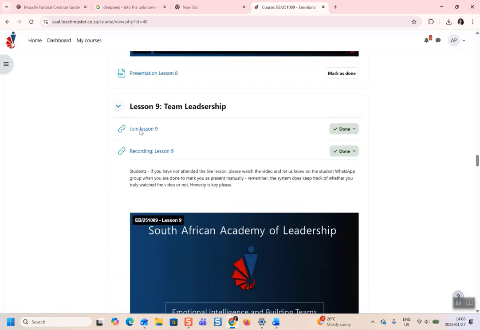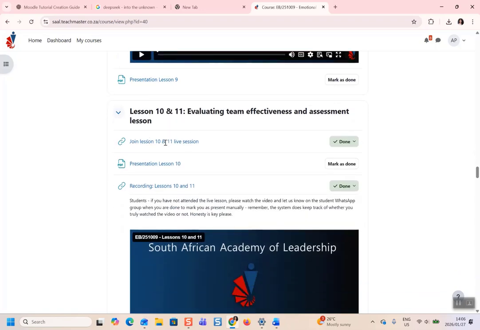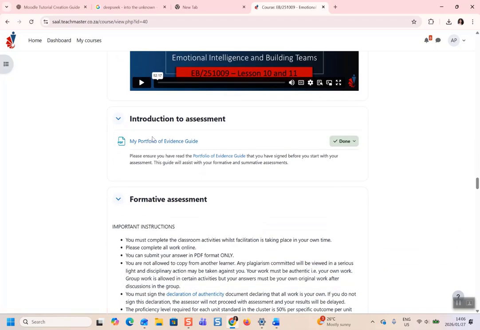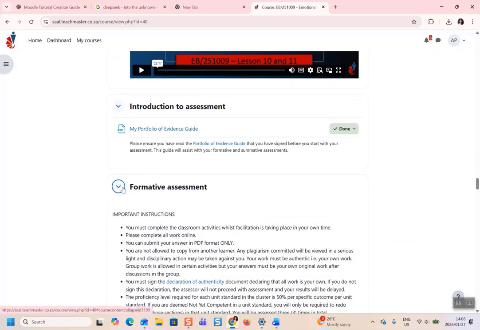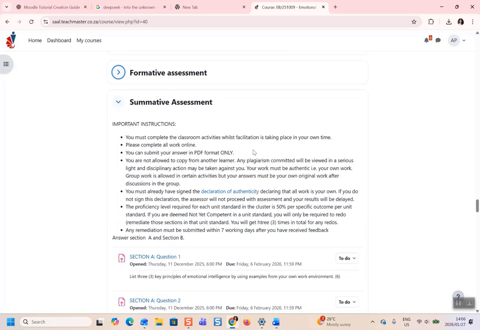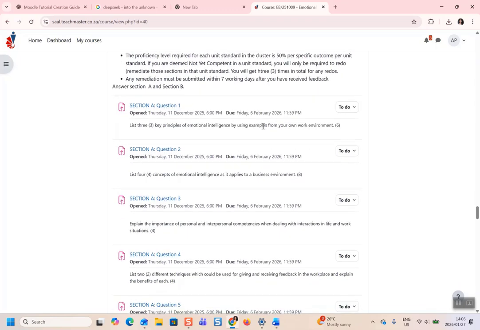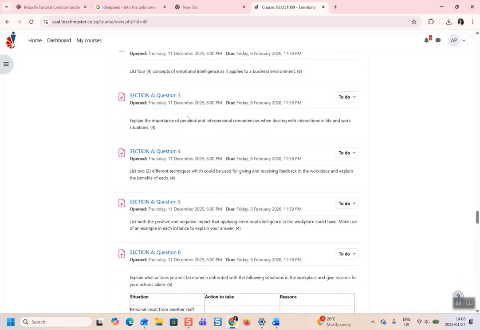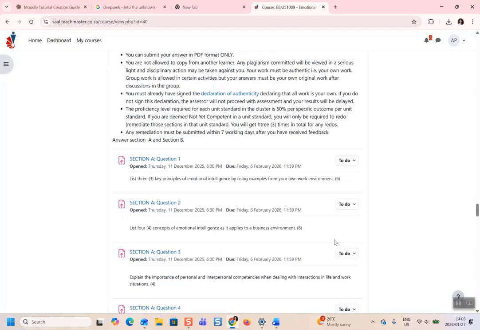So once you have done all the classes, all the lessons, there will be either an assessment, a practical activity, or a formative or a summative assessment, whatever your lecturer is going to call it. So how do you access